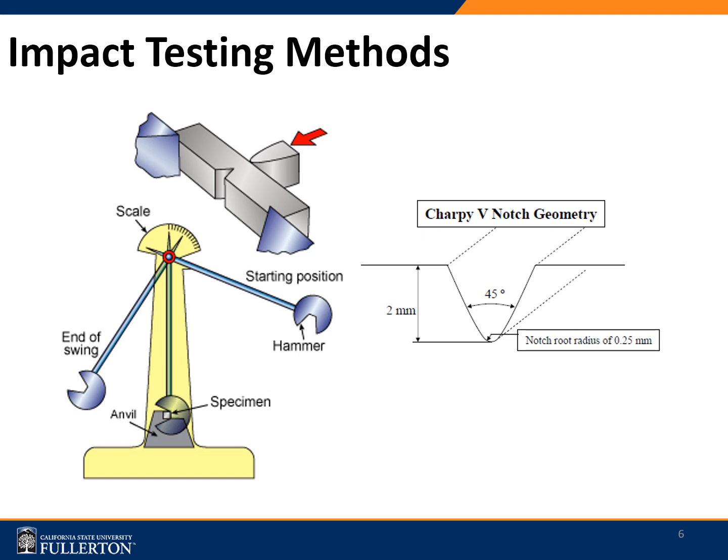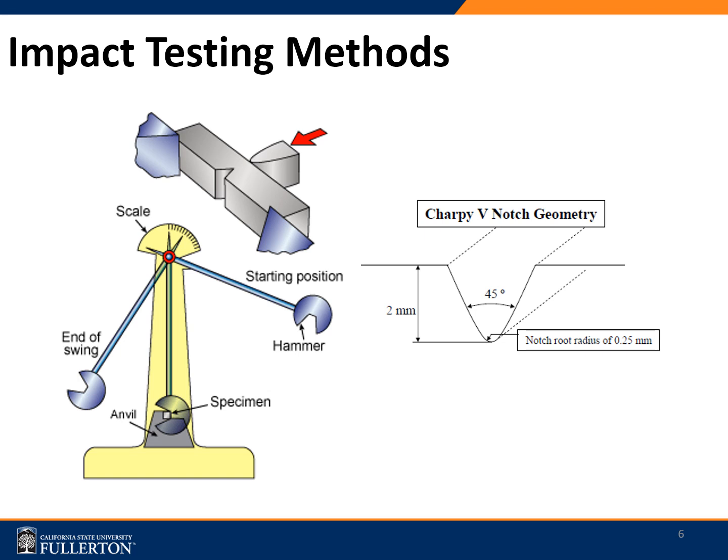Now coming to the impact testing methods, or methods to evaluate the impact value or the toughness, there are several methods that exist. The most popular ones being the Charpy test and the Izod test. Here we are going to explain the Charpy test. The Charpy test measures the total energy absorbed during the specimen fracture, which is an indicator of the toughness of the material. The standard Charpy specimen, as you can see here, is hit by a pendulum at the side opposite the notch, and the energy required to break the sample into two pieces